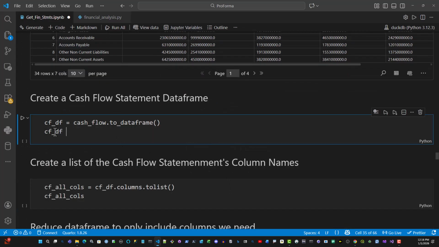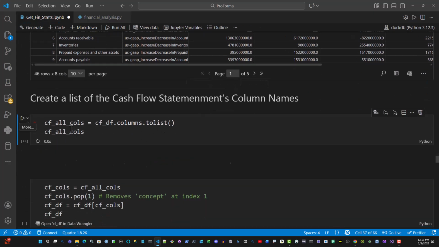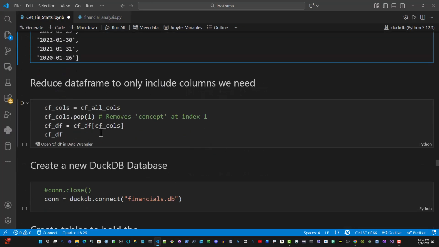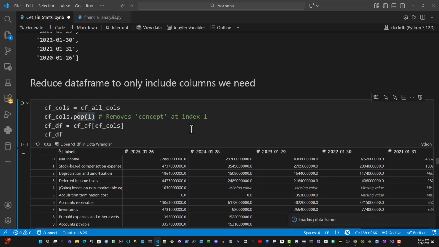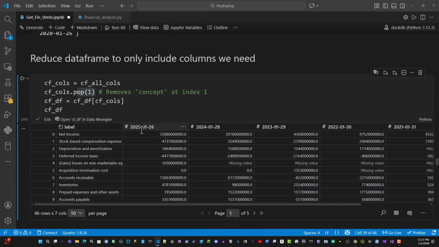All right, do the same thing with the cash flow statement. Here it is, and then we're creating all the columns. We have the concept here, and that's the one we want to get rid of, so let's pop that out too. Here we go. Now you can see you have the label and the years. And notice the years are 2025, 2024, 2023, so it goes from the most recent year on the left-hand side